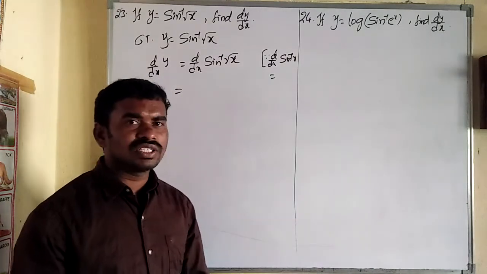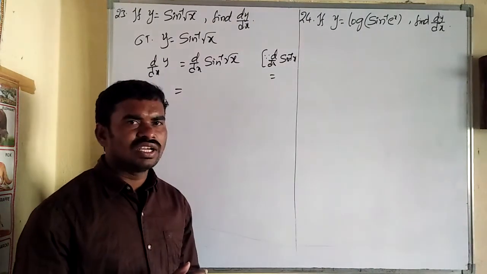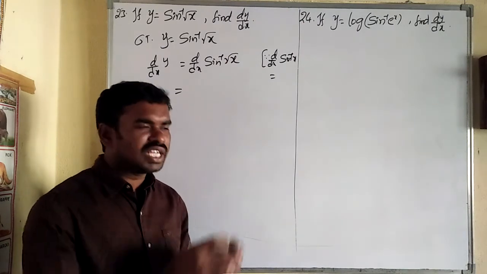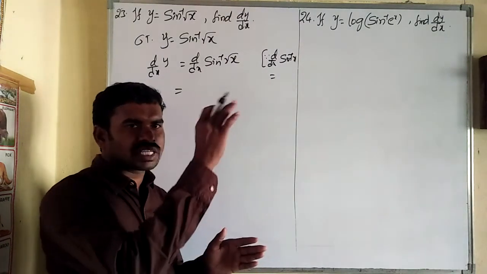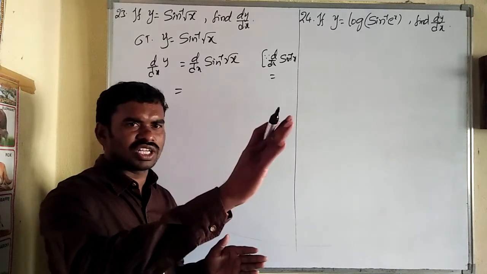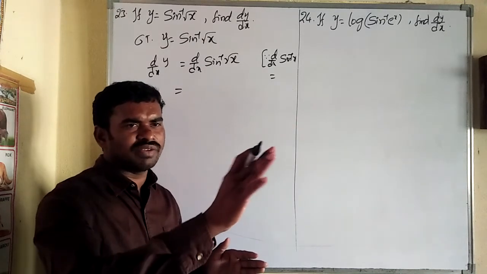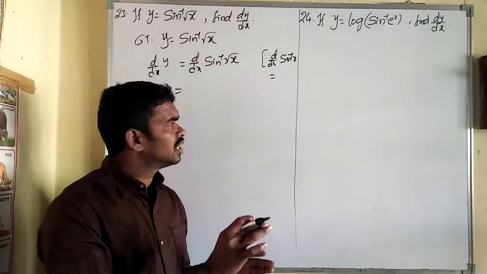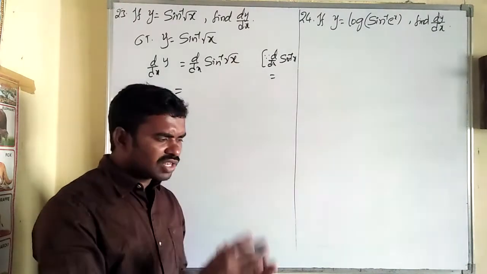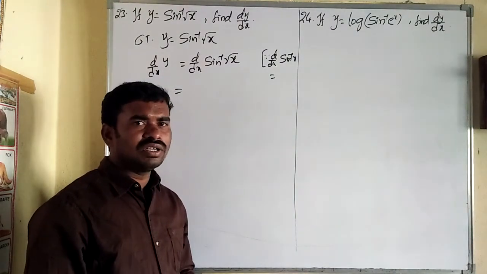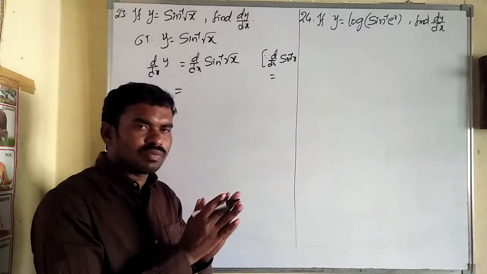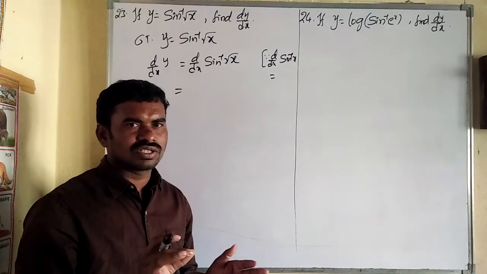Okay, if you do not get it this way directly, you just write on the paper. At least write the left hand terms. d by dx of x power n equal to, leave it. d by dx of root x is equal to, leave it. d by dx of x log x is equal to, leave it. So write all the left hand terms, and right after that close your notebook and textbook, and write the answers.